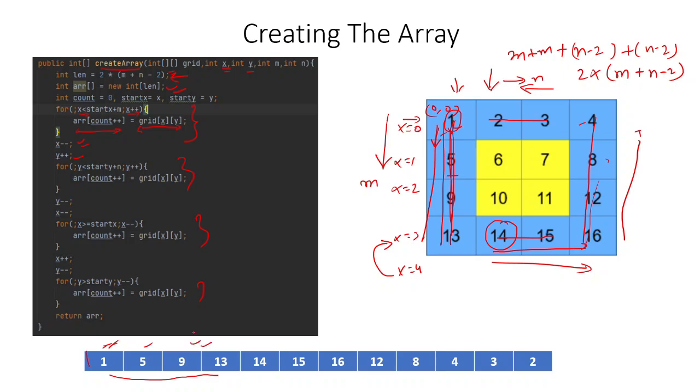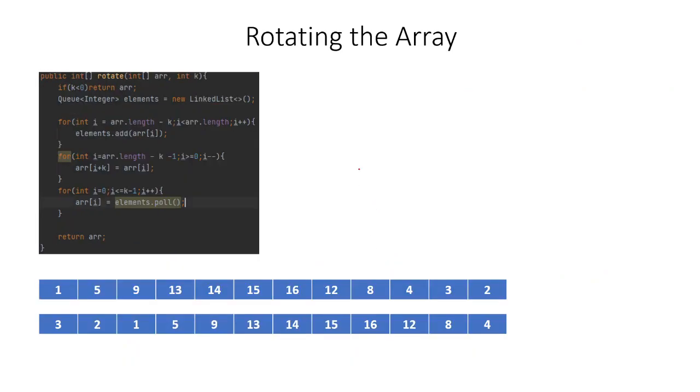Now we have our array. We just need to rotate it by k, whatever value is given here. Here, it is 2. Now how will we rotate it? This is pretty simple. If rotation is given as k, k is equal to 2, that means whatever values are there at the end, those k values, will be removed from there and moved to the front.